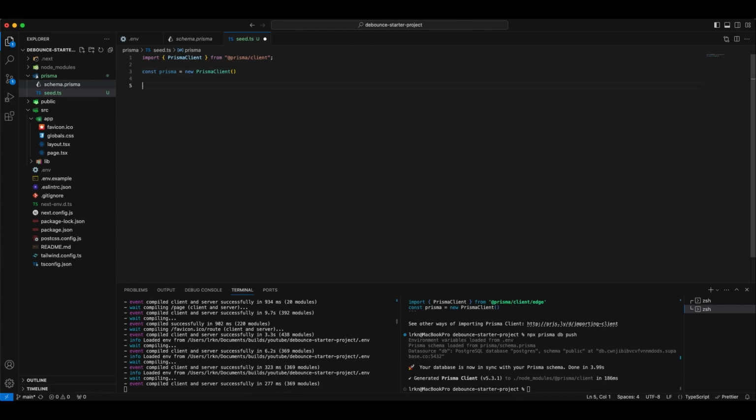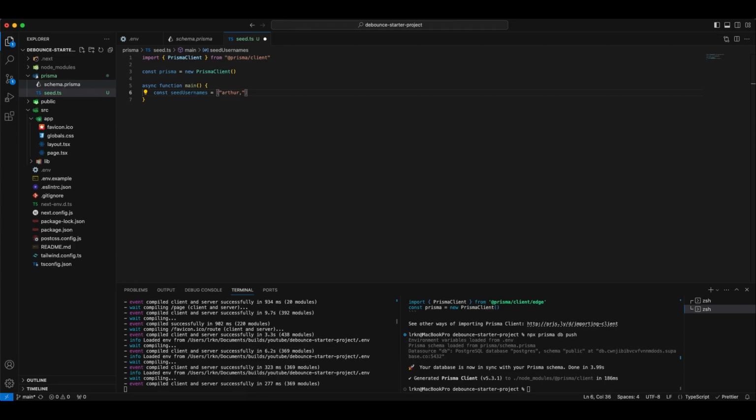Okay, and then here is going to be our function. So we're going to start off, this is going to be an async function called main. And inside here, first off, we are going to declare an array of our usernames. It's just going to be our dummy data. So I'm just going to call it const seedUsernames equals